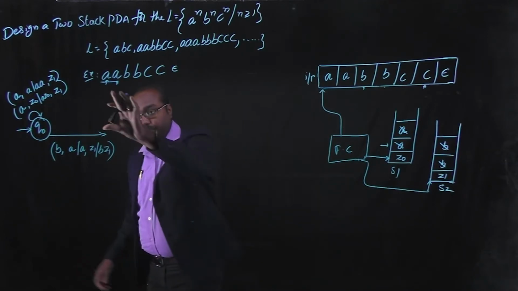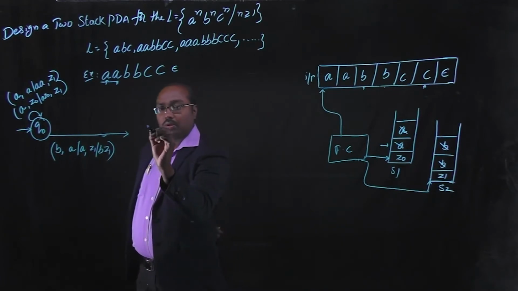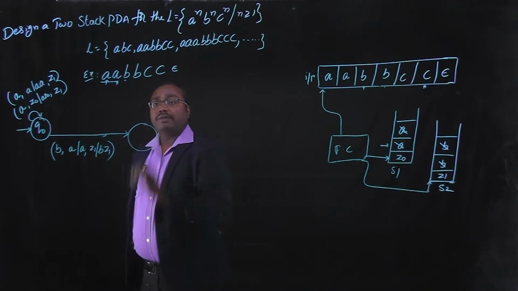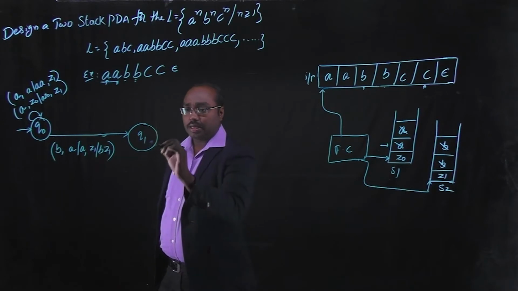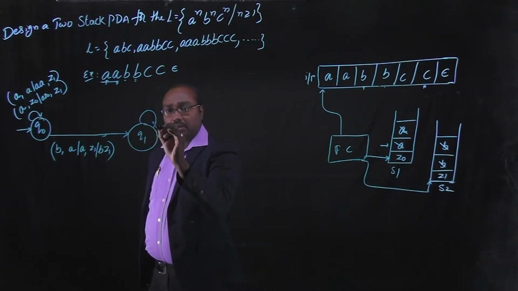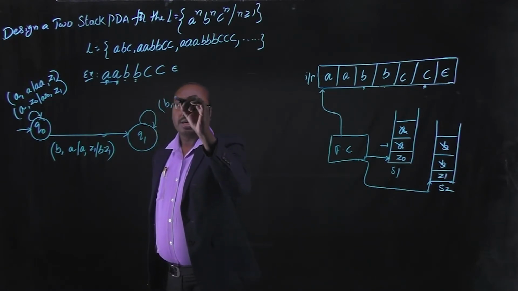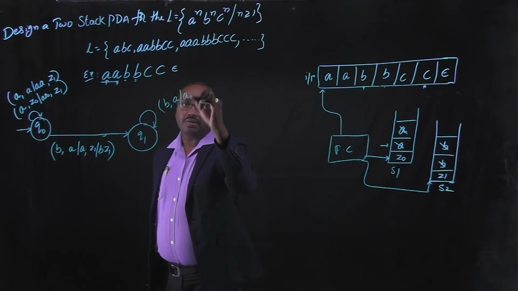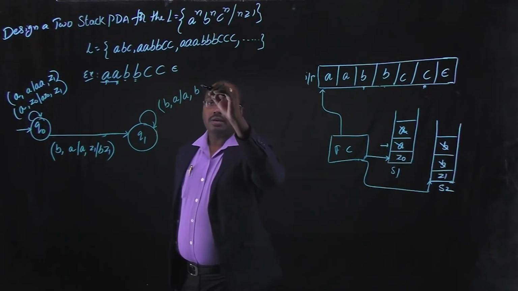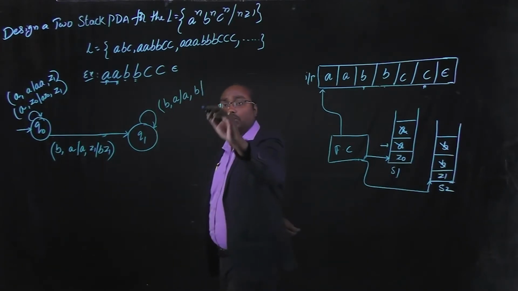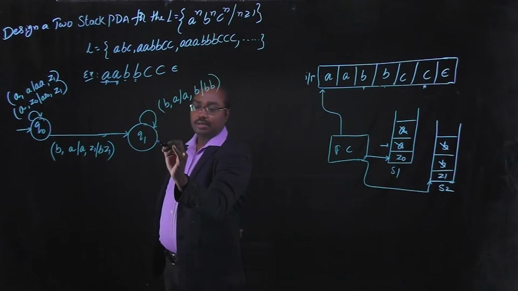Okay. And now here the first B will be over, and next I am seeing another B. So now I am taking another state. Here the number of B's will be there. So for input symbol B, top of the element is A, leave A as A, and B on the top of stack 2, and the number of B's should be pushed onto the stack. Okay, pushed onto the stack. Next one.